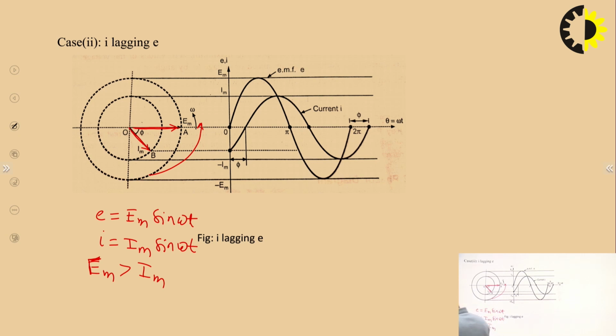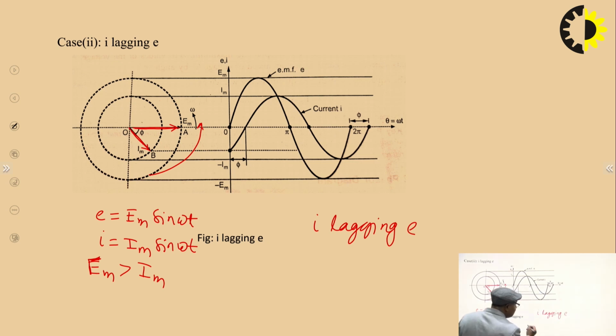And how to observe their waveform? We have already explained how these phasors represent an AC quantity. Again, you can consider the projection of IM and EM on the y axis, then you will get the waveforms. This is the waveform of current, and this is the waveform of voltage. Since this length is larger than IM, the peak of E is more than the peak of I, and we say I is lagging